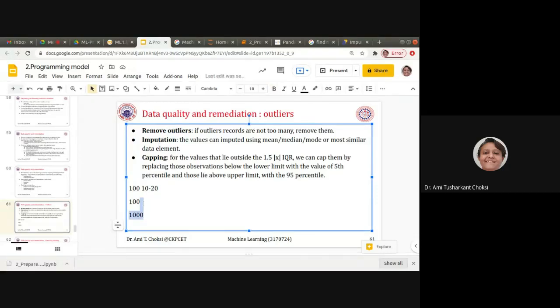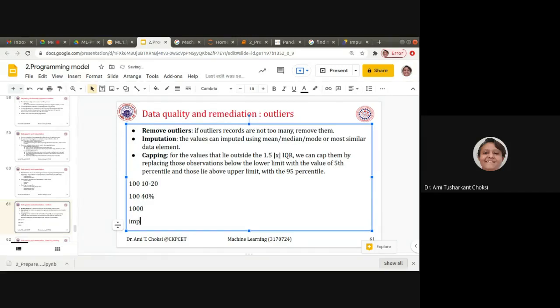Say such thing is found in say 40% of the data, that is in 40 records we could find such outlier, so we cannot remove them, isn't it? So what we do is, we can be replacing that with the imputation. That is, by imputation by mean or median or mode or most similar data element, right?